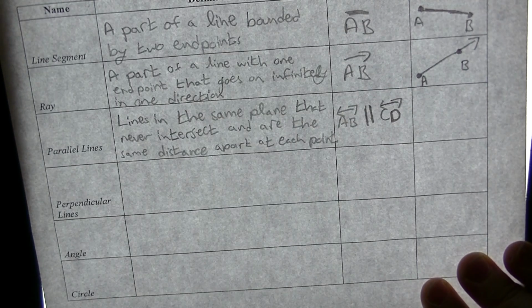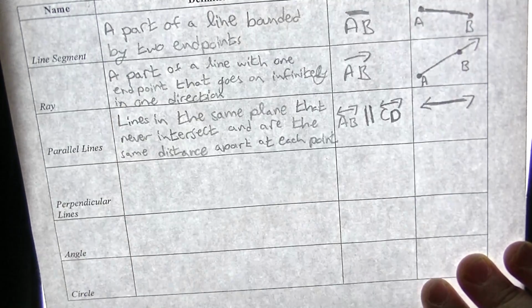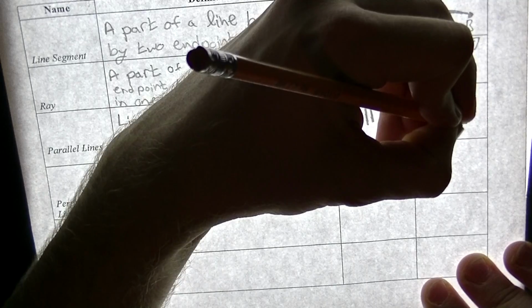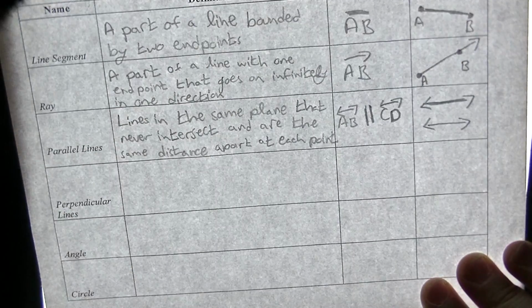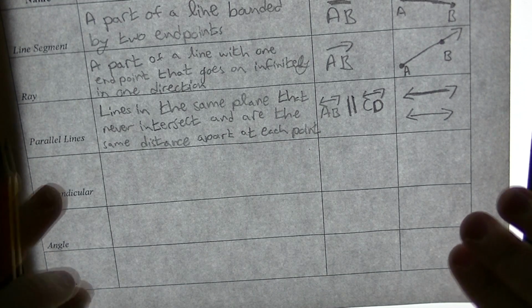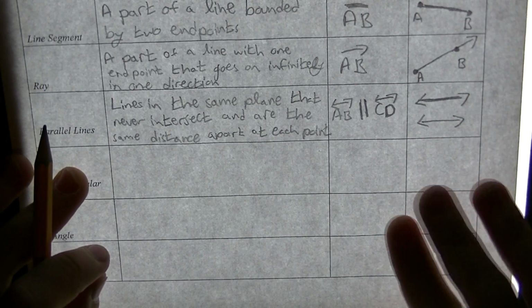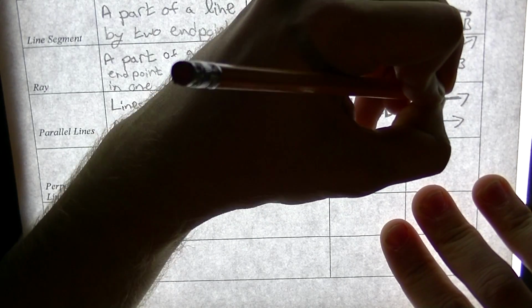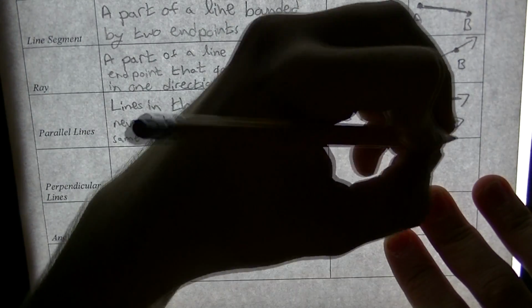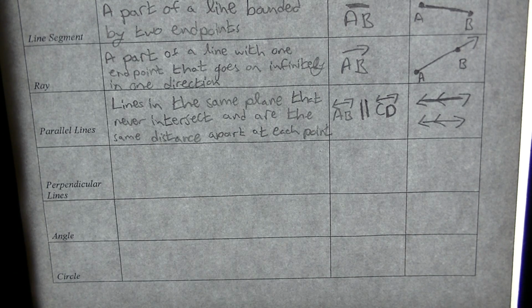And the example of what that would look like, I have a line going on forever like this, another line going on forever like this, and hey cat, get out of here, cat. I've got a line going this way, a line going that way, and to show that they're parallel in the picture, I'm going to write a little arrow this way on this one, and another arrow this way over here. Okay,